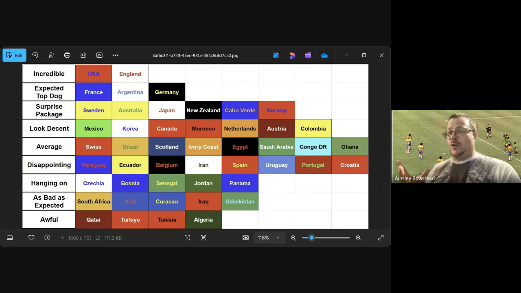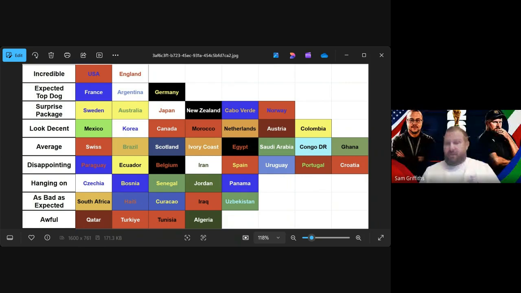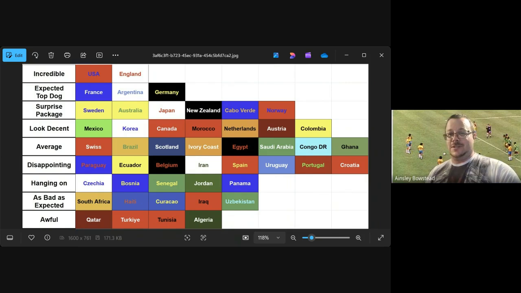Mexico's home record will definitely be what they hang their hat on. In competitive internationals, they have hardly been beaten. I think they've lost 2 out of 86 games at home in competitive fixtures. Considering they'll be playing their games in Mexico City, that's something they could take real confidence from. Now they've finished top of the group, their run until the quarterfinals would be at home, I believe. So that's big for them.